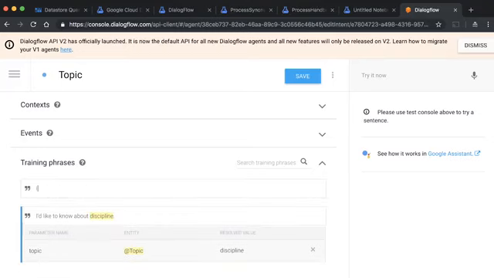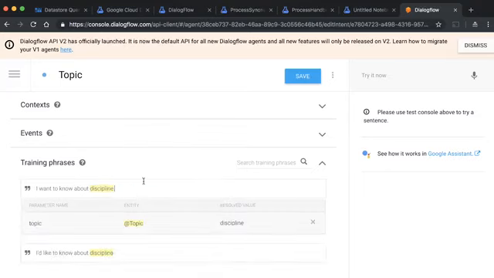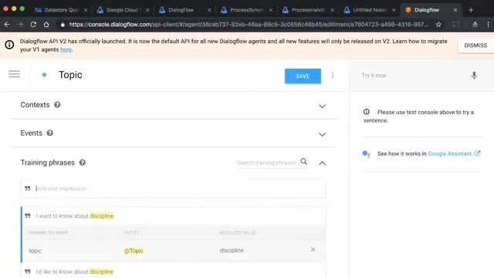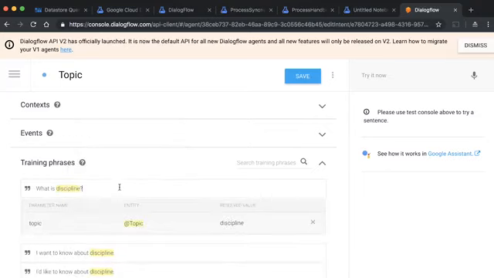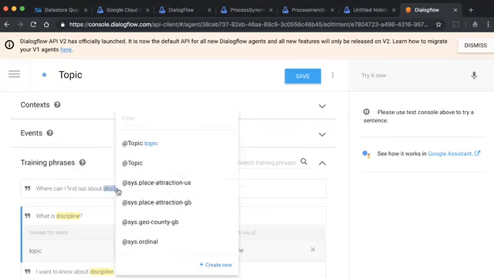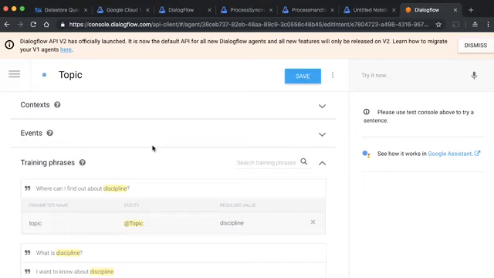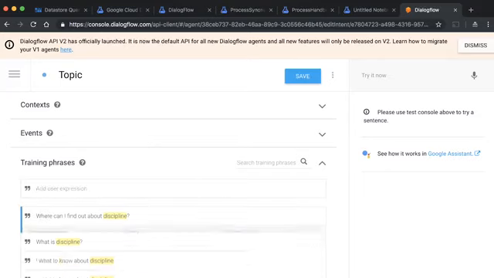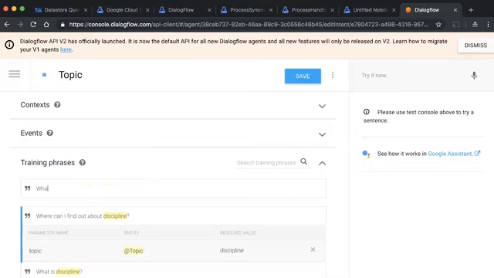We can add a few more and do the same thing, highlighting the keyword. And we don't have to only use the discipline keyword. It can take any of the keywords that will fit in this training phrase.